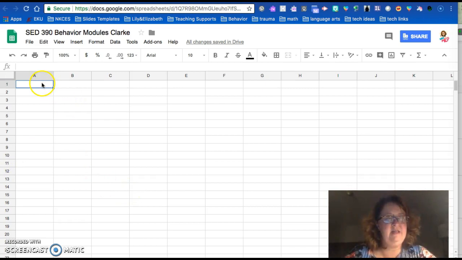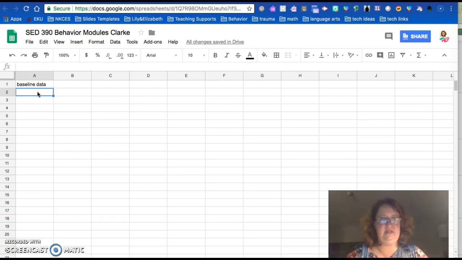All right, so here in this column, column A, this is always going to be our baseline data. And sometimes people do this with dates, and that's perfectly fine. And sometimes people do this by sessions. So this will be session 1, this will be session 2, this will be session 3, session 4, session 5.